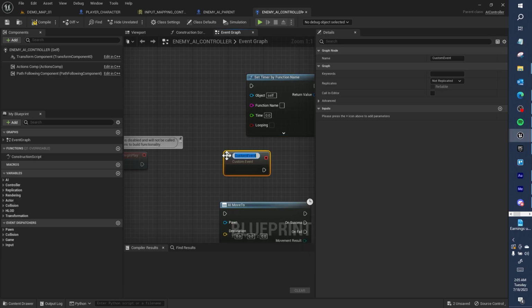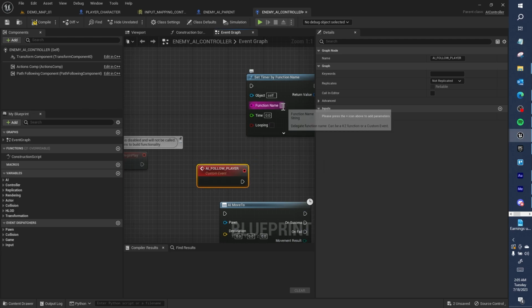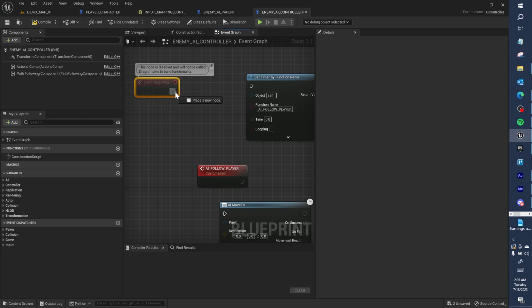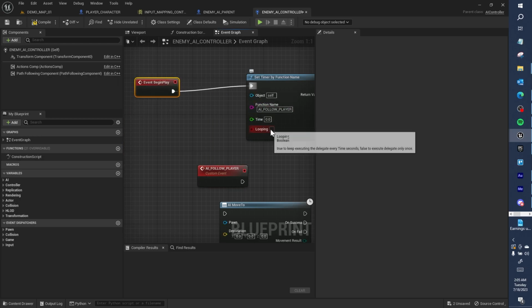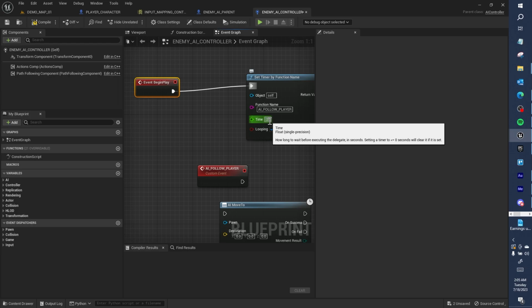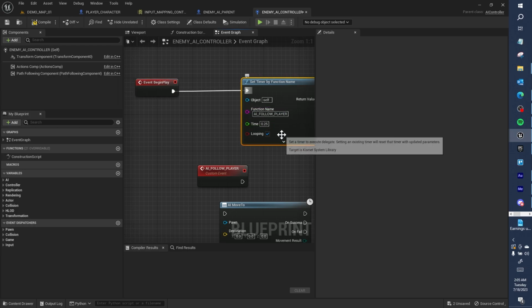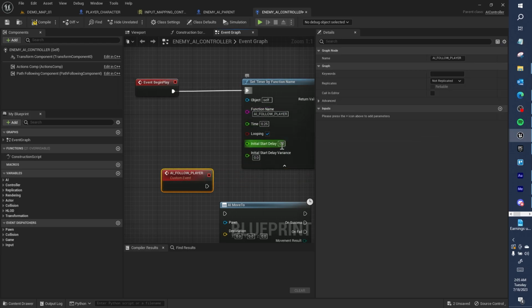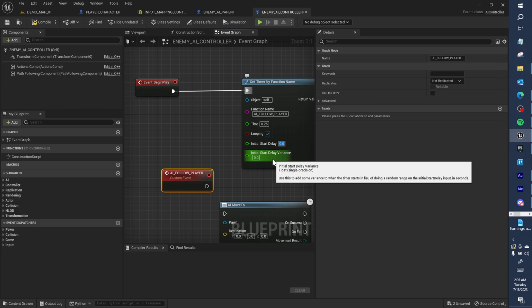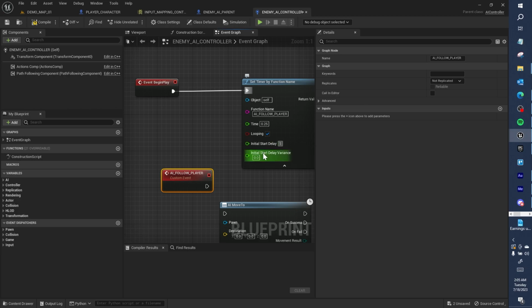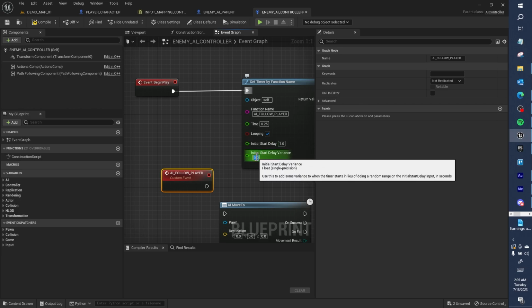Add custom event. AI follow player. I'll press F2. I want to copy that and paste that into where it says function name for a string input. On begin play, I want this timer to start running. I want it to loop every 0.25 seconds, for example. If you drop this box down, you can make them wait a second. We can just do it 0, and it'll start delay variance. We can make them wait a second and have it delay